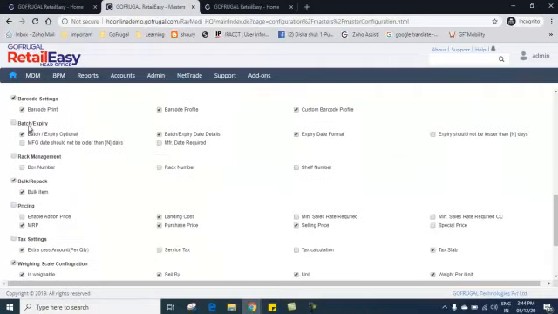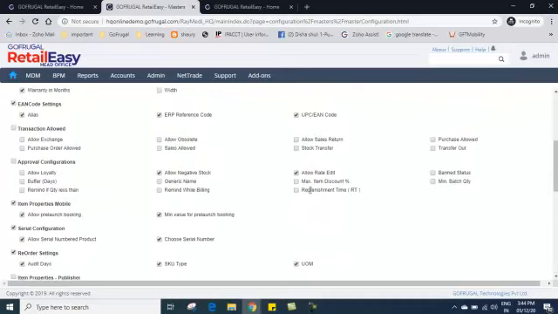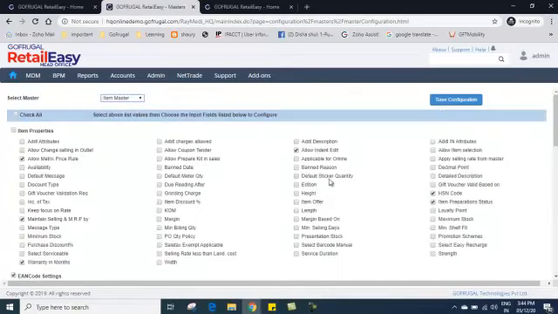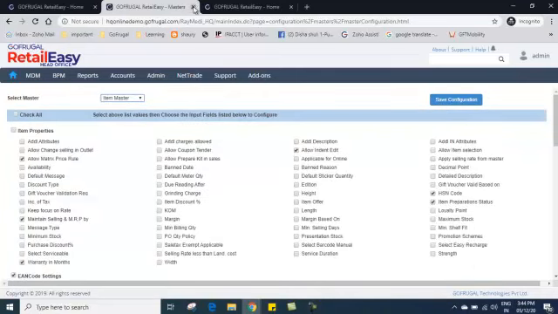So this is a batch expiry. So I require batch and expiry. This is already ticked. Batch expiry date details, expiry date format. So this is required. So all three are already available, already ticked. If it is not enabled, make sure this is enabled and just save it so that this configuration will be available in your item master. So this is the first step.